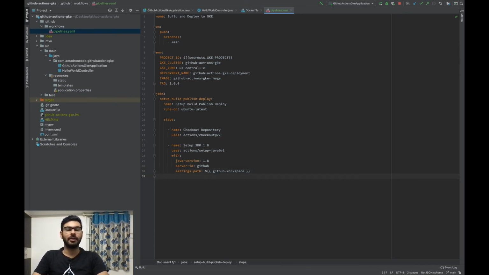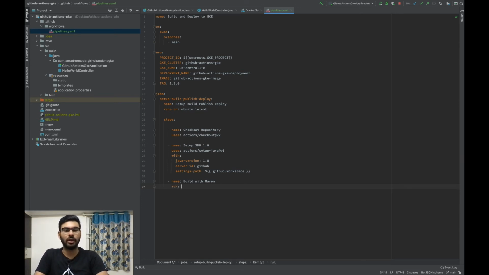So the next step is to build the image. To build, again we'll give it a name, and the name will be build with Maven, as it is a Maven repository. For this we don't want to use anything or get anything, we want to execute.